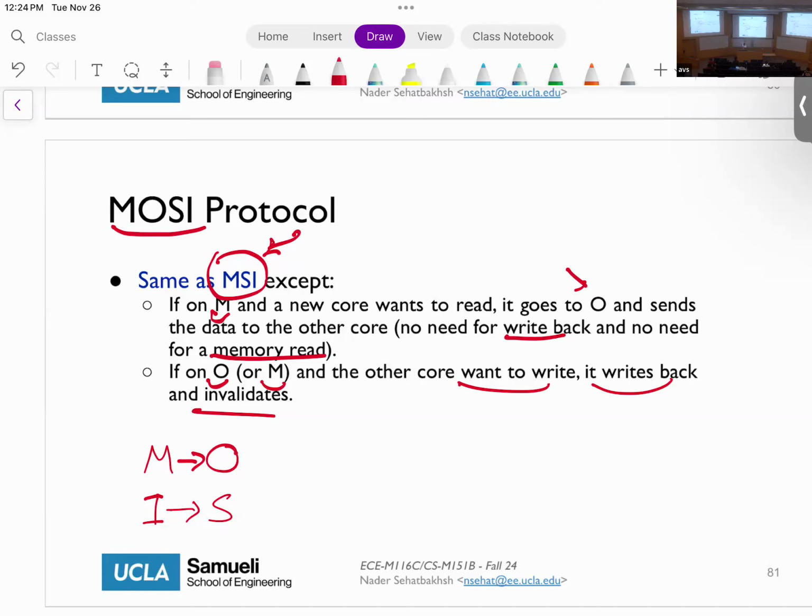So the question is, what about the E state? Yes, you can actually have MOESI, and this is also very common. But these are not dependent on each other. You can have an E state and or an O state, or you can have both, or you can have neither. As I said, the baseline is having at least MSI. You can technically have MI, but nobody uses MI, so usually MSI is the bare minimum. But then you can add O or E or both. Okay?